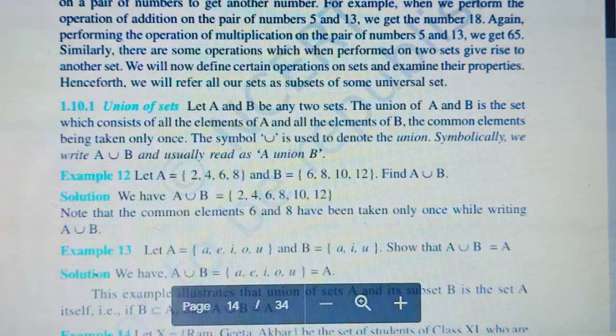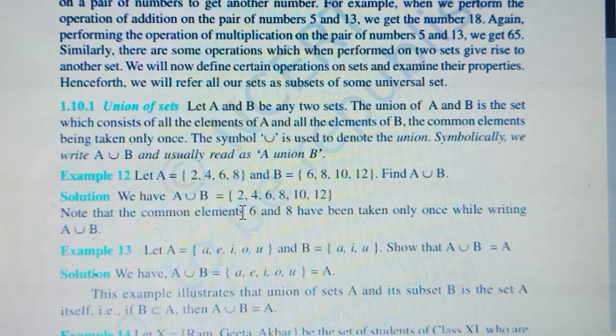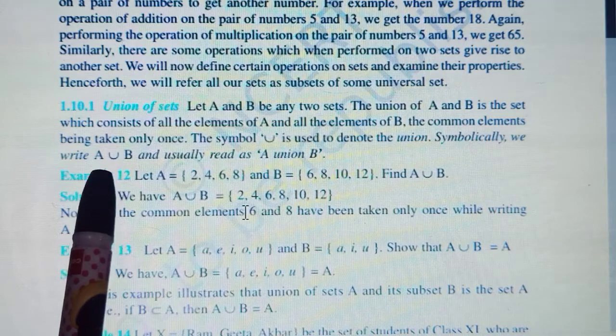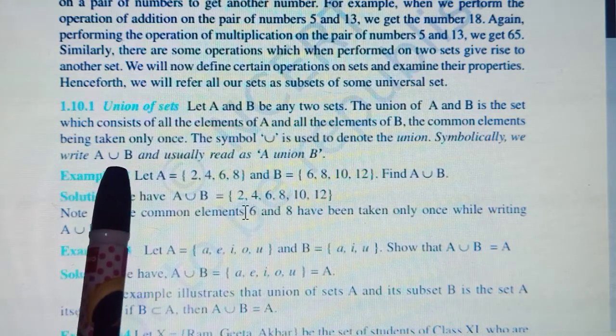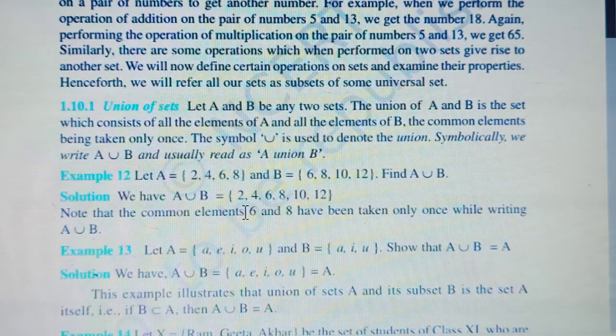The first operation on sets is the union of two sets. So what do you mean by union? That's the symbol for it as they've shown you here: A union B. There's a set A, another set B, and if you write this, it means finding the union of two sets. In a union, we pick up all the elements of set A and also the elements of set B, and we put them together. All elements of A as well as B are taken in A union B.